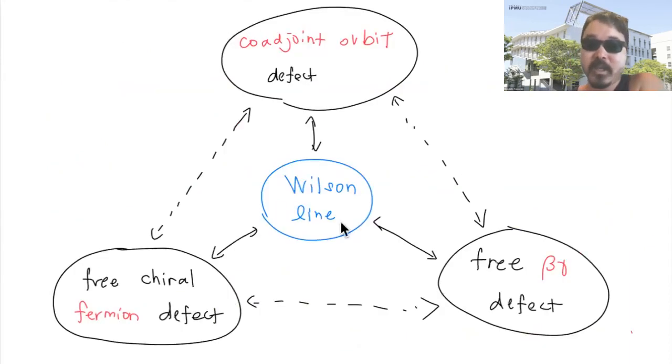In fact, the Wilson line is connected to so many different things in different representations. Of course, depending on which defect you consider, you land on different representations. So not everything is the same, but sometimes they land on the same Wilson line. So they are converted to essentially the same integral model. And so that is a degeneracy statement.